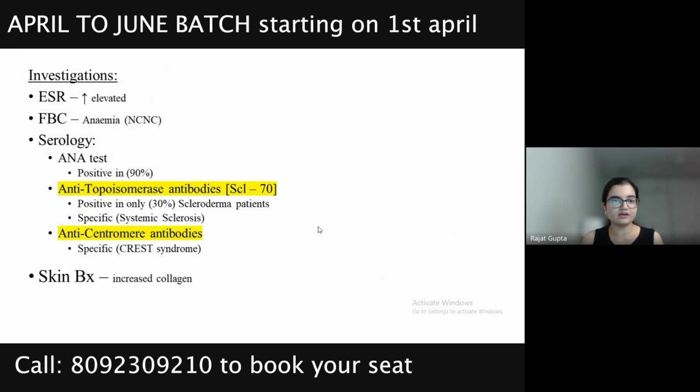Investigation-wise, ESR will be high. It can show anemia. ANA would be positive, but again, it's a sensitive test, not a specific one. ANA, if you remember, was also positive in SLE. Now in SLE, what else was positive? Anti-dsDNA and anti-Smith antibody. But here in scleroderma, we have anti-topoisomerase antibody, also known as scleroderma 70 antibody, and anti-centromere